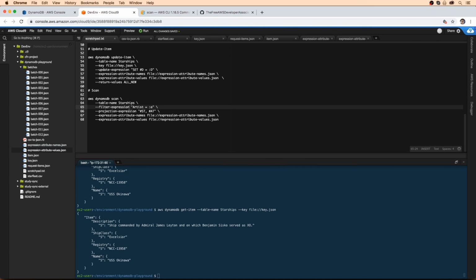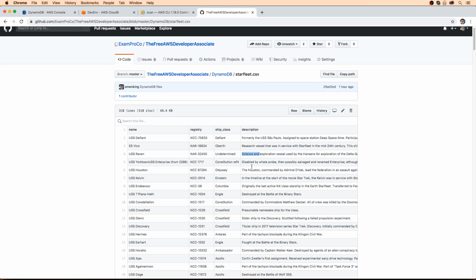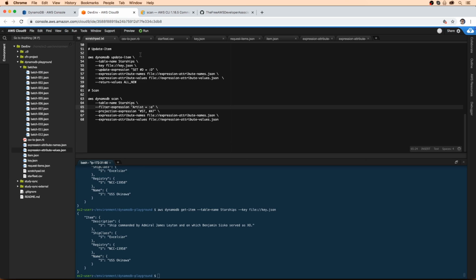So we'll do starships. And I'm thinking for this, what we'll do is we will filter out the description for something. So I'm going to go back here to the front here. Let's say we want to get this record, or something that starts with science. Maybe something more common would be nice. Maybe destroyed. So we'll look for all the records that start with destroyed, with the description. So I'll go back here, and I'm going to think about this for a second. For the scan,